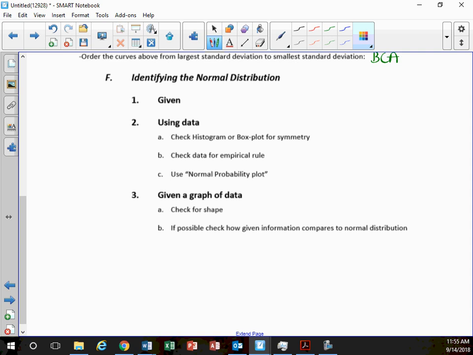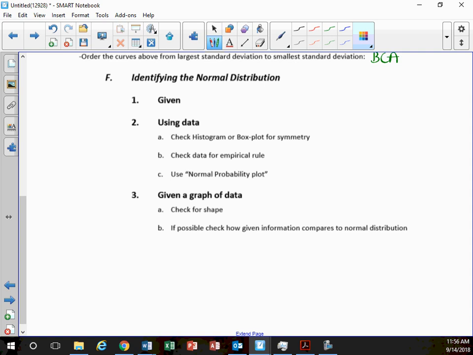So let's say they give you a set of values and you plug it into your calculator and you look at the histogram and you say the histogram appears to be normally distributed. They're going to want you to sketch the histogram, okay? The normal probability plot, that's something I'm going to show you on your calculator probably next class. You can just look at that and say, okay, the normal probability plot looks pretty linear, and you can just state that as your reason. You don't have to sketch it though. Okay, so I think that's the easier way if you're going to look at your data values.